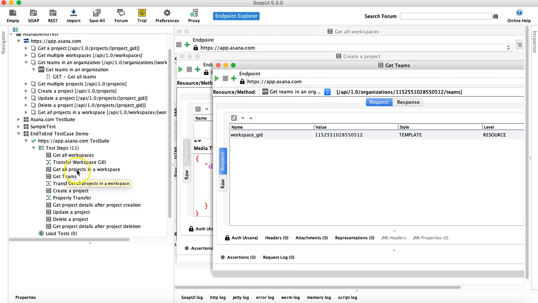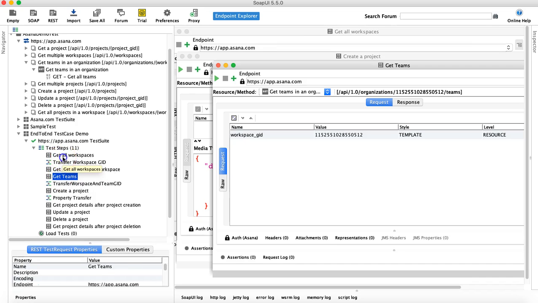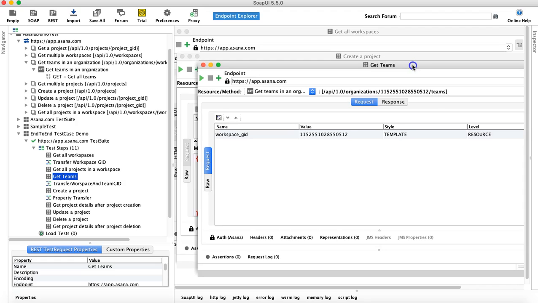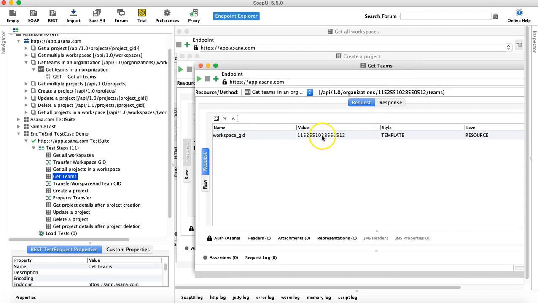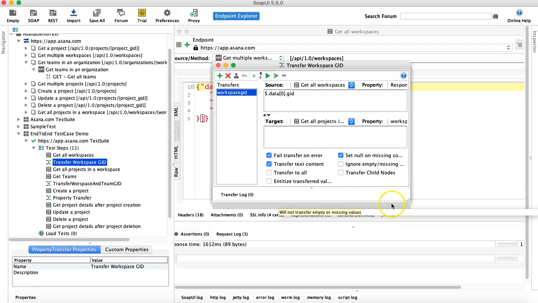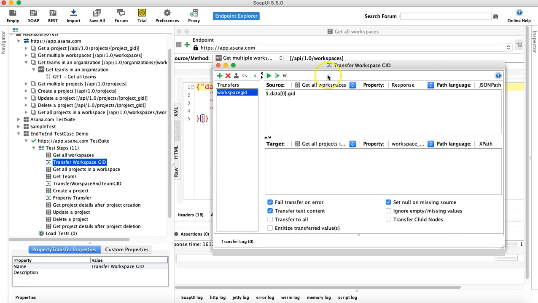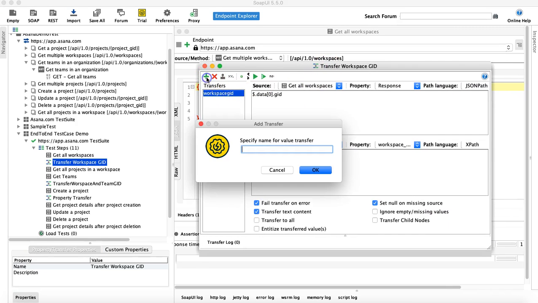Okay, so we will get the projects in a workspace, we'll get the team. So we get the workspace and then we get the teams. All right. So from this response, we'll transfer the workspace ID, and from this response, we'll transfer the team ID. So in this particular request, we are passing the workspace GID manually at the moment. Let's update the workspace GID property transfer, add a new transfer here, and we'll say